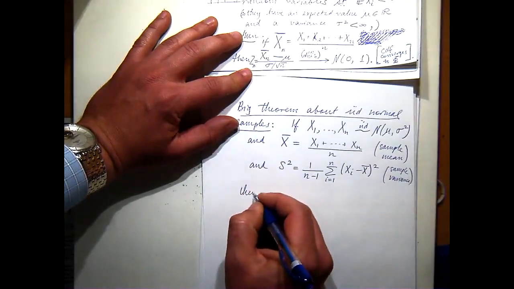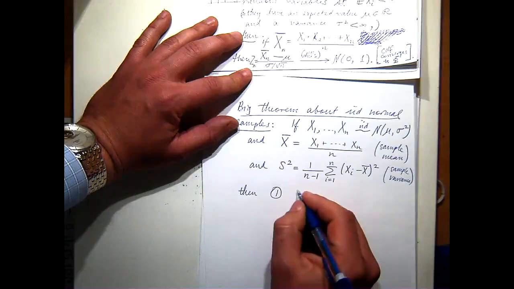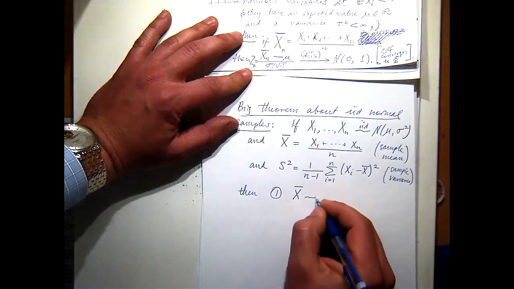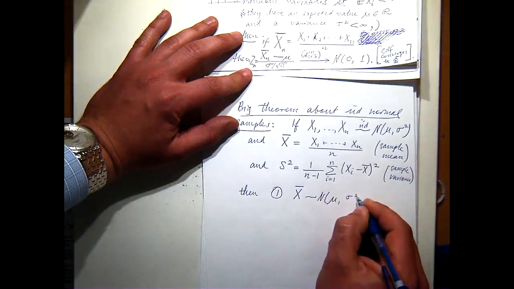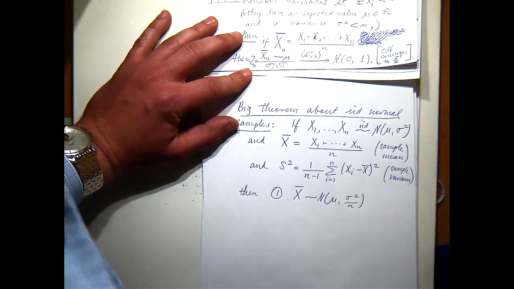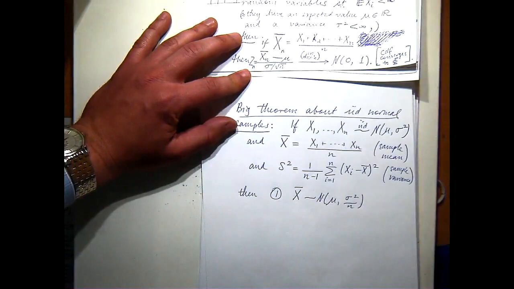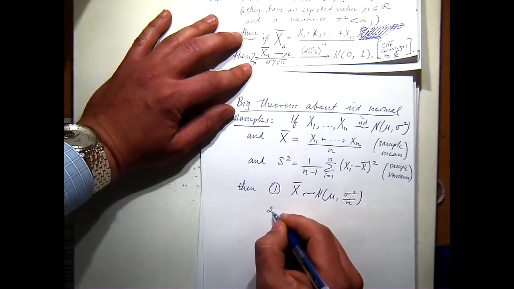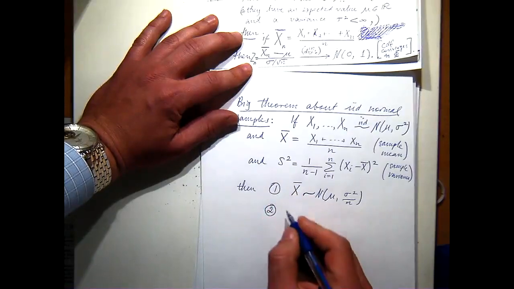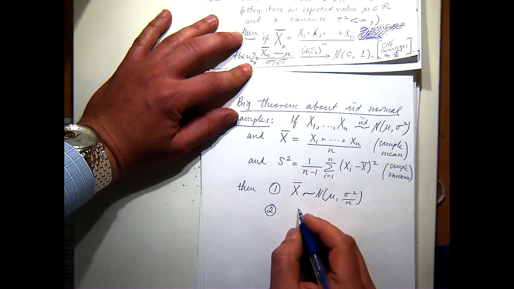Then, three things are true. X bar has a distribution normal, mean mu, variance sigma squared over n. So that's not hard because we know that linear combinations of normal are normal, and it's easy to calculate the variance and the mean. Second statement is that S squared